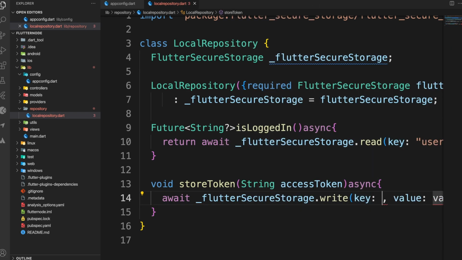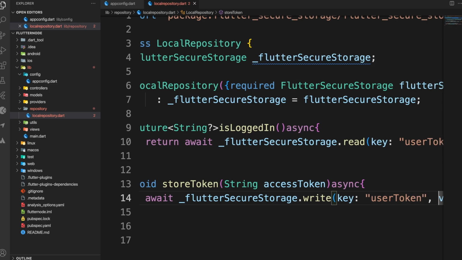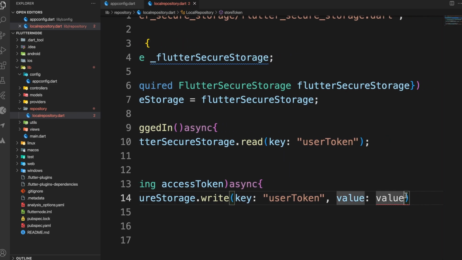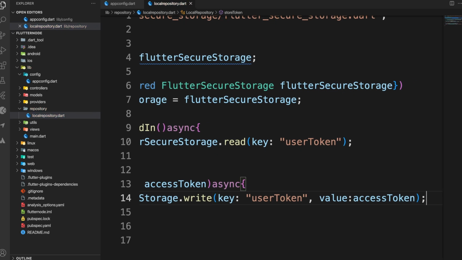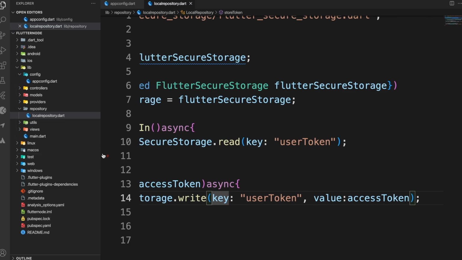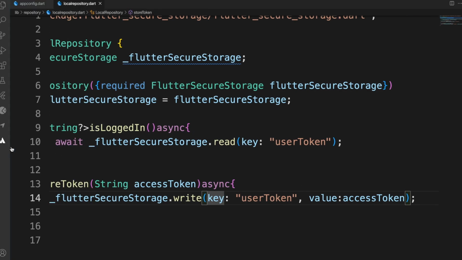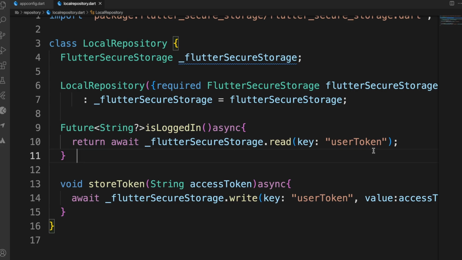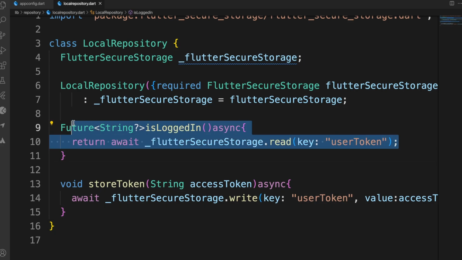What this write does is we are going to store this token inside our Flutter secure storage, and the value of the token is going to be access token. So we have this key, and then we have this value, which is the access token. And if you remember from our previous method, we just use this key to retrieve this